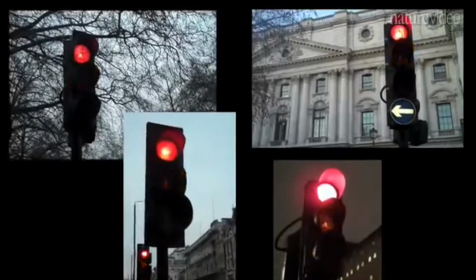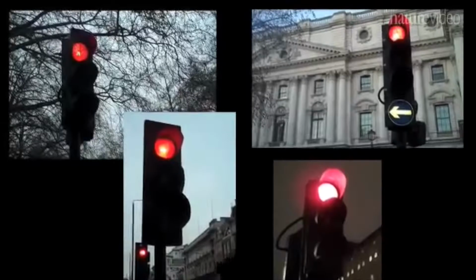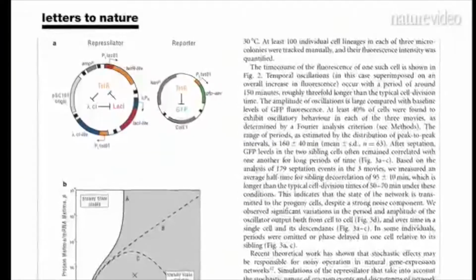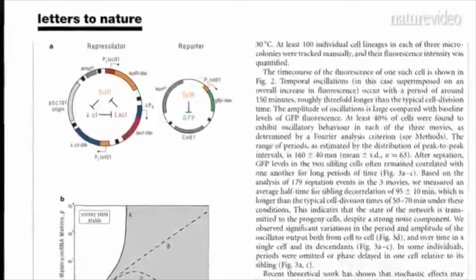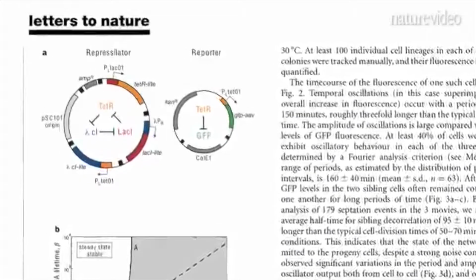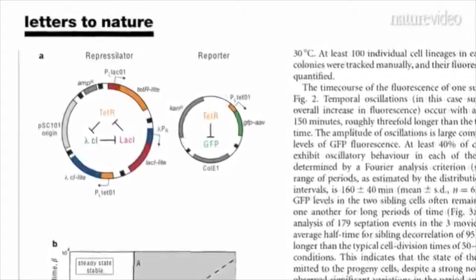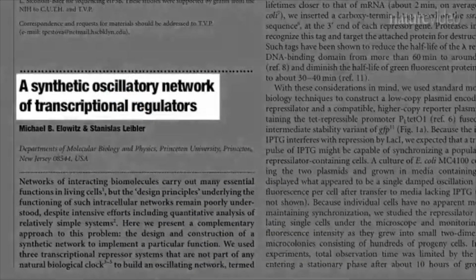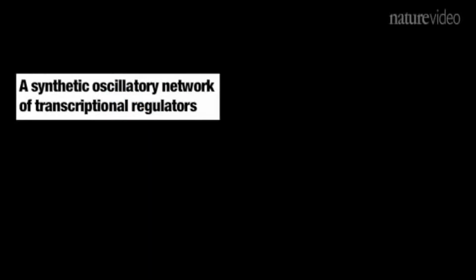Most living things have molecular clocks to regulate feeding patterns, sleep, and so on. By studying the genetic machinery of these natural timekeepers, scientists have been able to build molecular clocks, or oscillators, in the lab. 10 years ago, researchers at Princeton University showed that their artificial oscillator worked in individual E. coli cells. Now, Jeff Hasty and his team have gone one step further, synchronizing clocks in a whole colony of